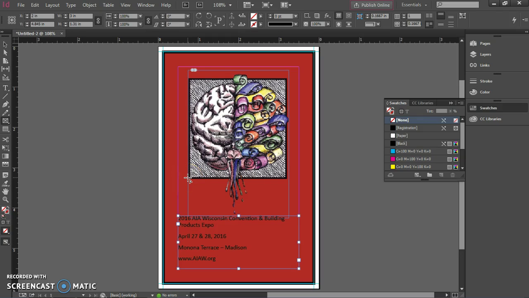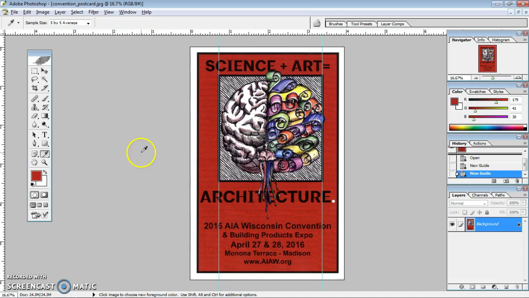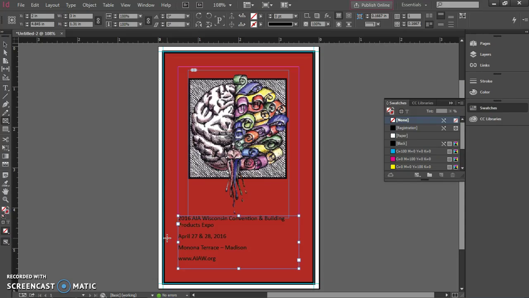The last thing we want to do is insert the large headline text, and to do that we'll use the Type tool. As a reference, what we're going to be putting in here is science plus art equals architecture with the period. Let's go back to our InDesign workspace and do that. The Type tool over here